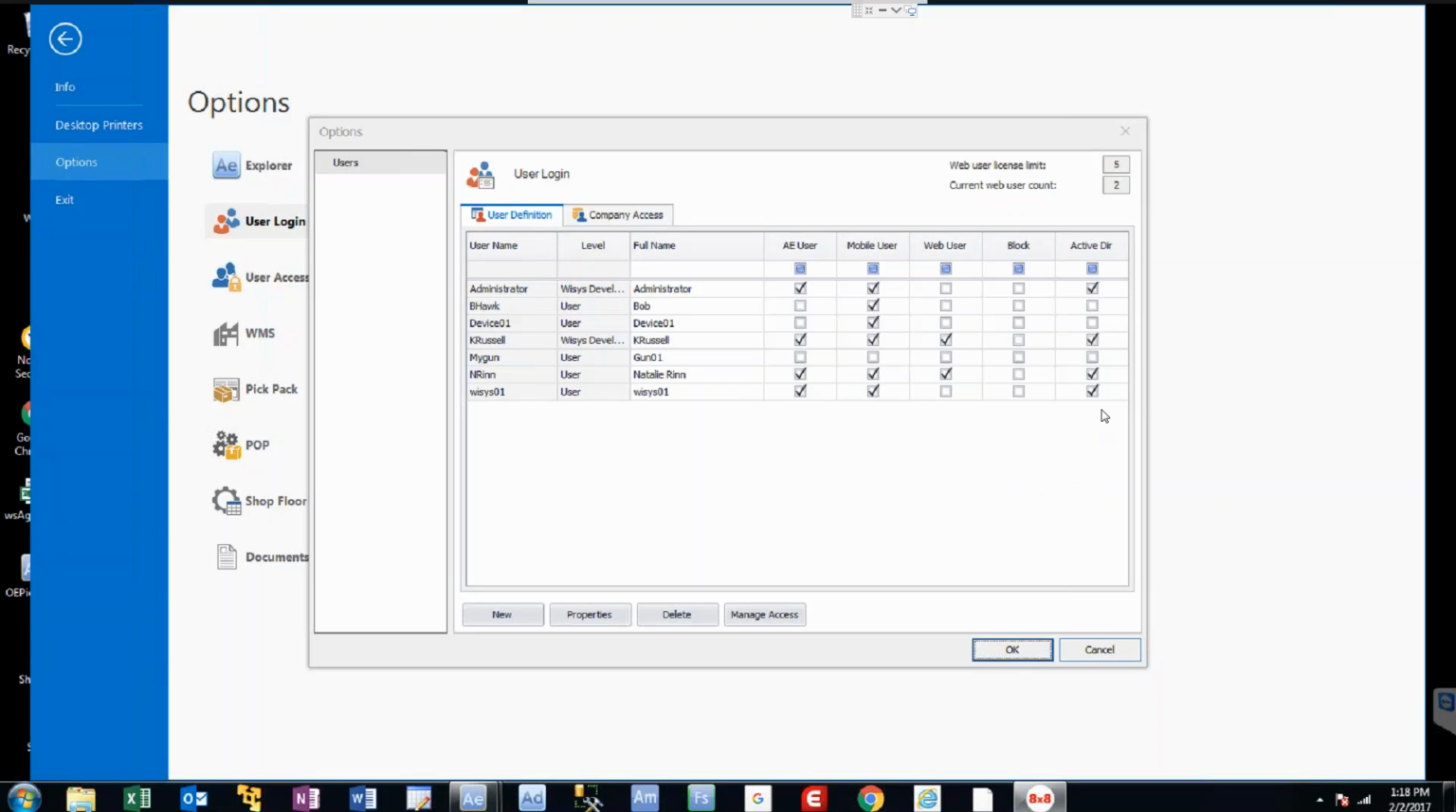And then I have the ability to see if they are an Active Directory user right here. At the top here, you can see with the Agility Explorer, they are named users. So I can see how many named users I have, and then I can see how many users for the Agility web count that I'm actually using and who has those licenses. Down at the bottom, this is where I will choose new to set up a brand new employee. If I choose properties, I can look at my existing properties of that particular user, delete a user, and then